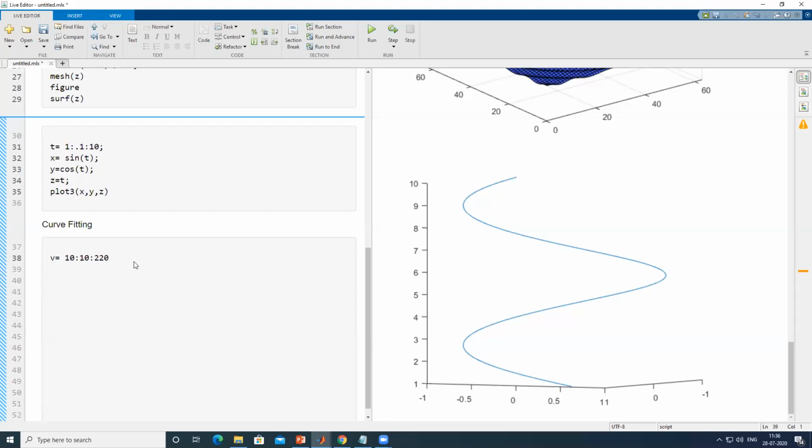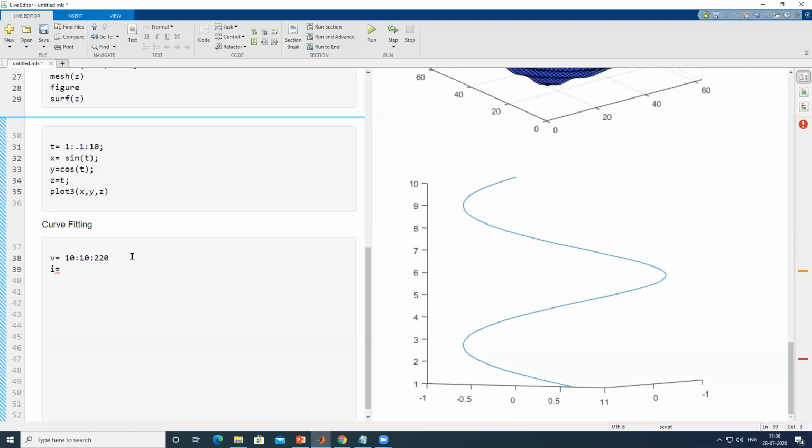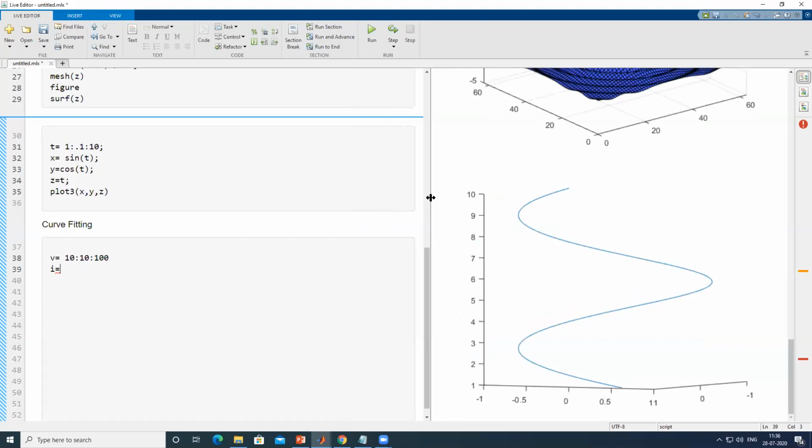Here in the lab, I want to find out I. Because I'm doing an experiment, obviously whatever data the machine gives me, I will record it. Let me make it short, 100 volt only. We know that any machine gives some error, because no system works in an ideal fashion.